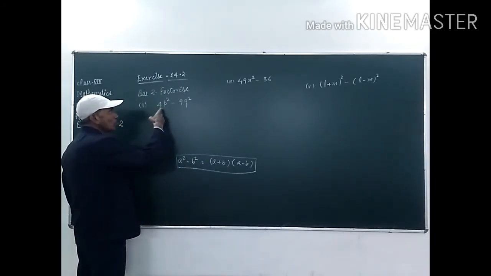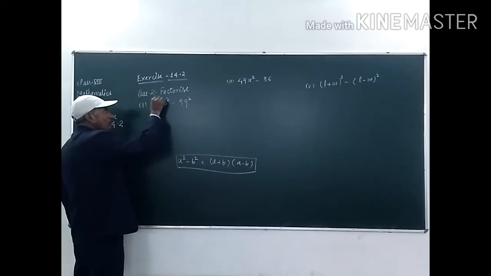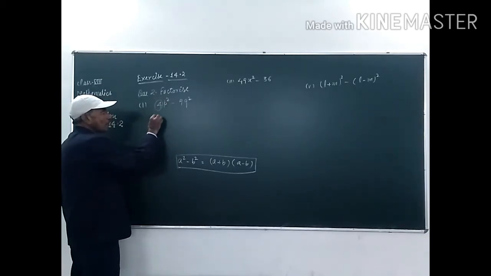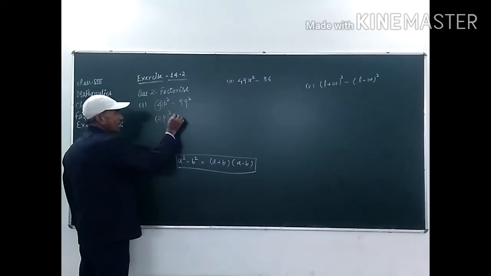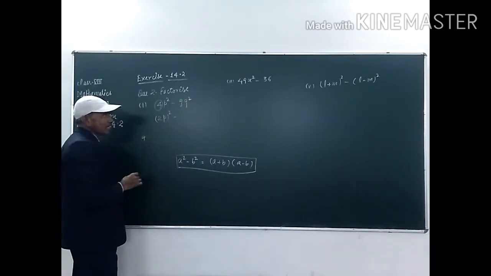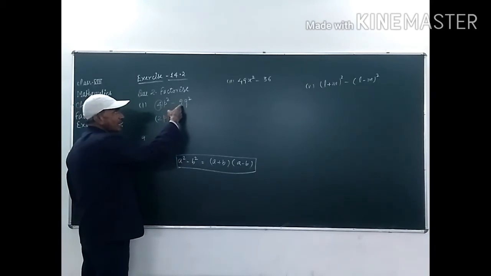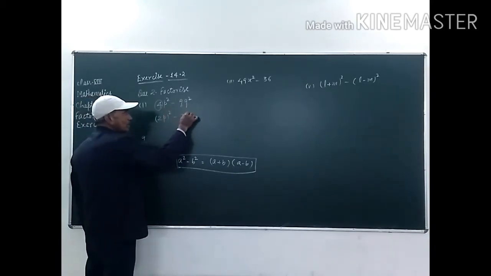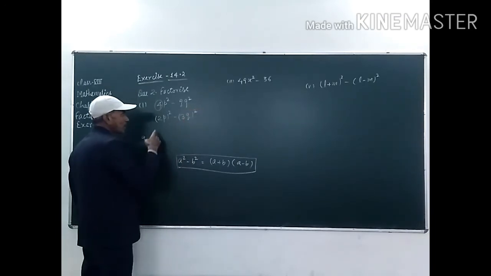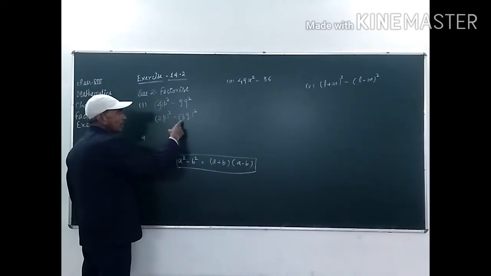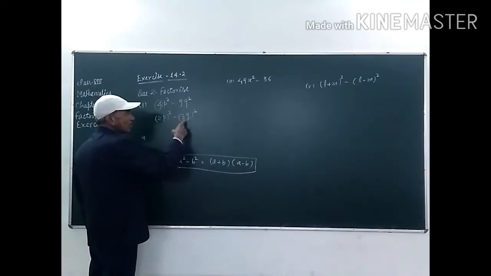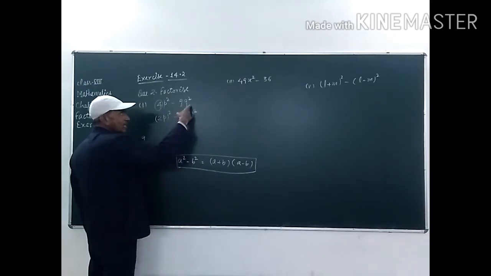So, students, in this 4p square, the number 4 is not in square form. So, we have to write it as 2 into 2, it means 2 square, that is 2p whole square, minus, and this 9, it means factors of 9, that is 3 into 3. So, there are 3 square. So, 3 into q whole square. It means 2p whole square means 4p square and minus 3q whole square, it means 3 3 are 9 q square.